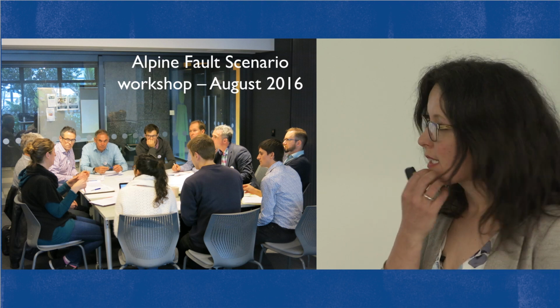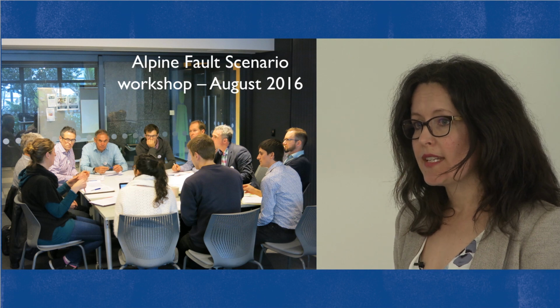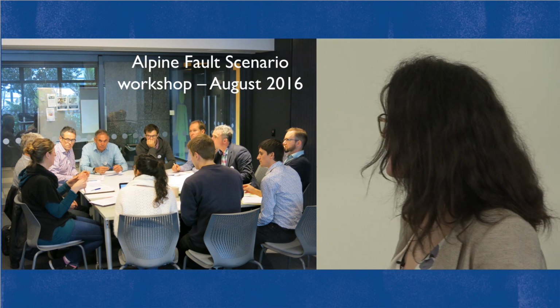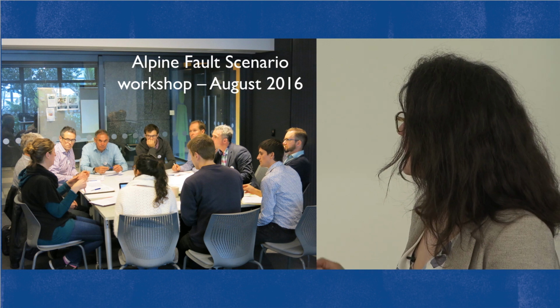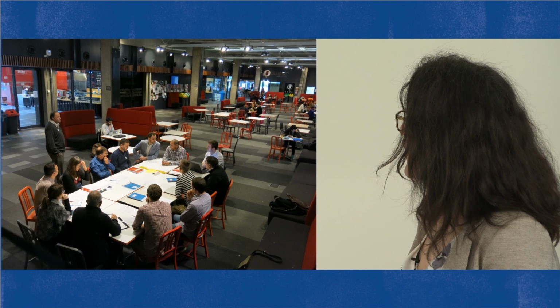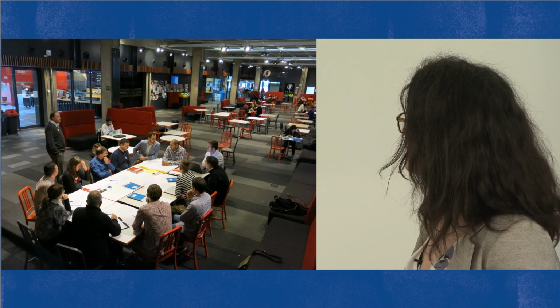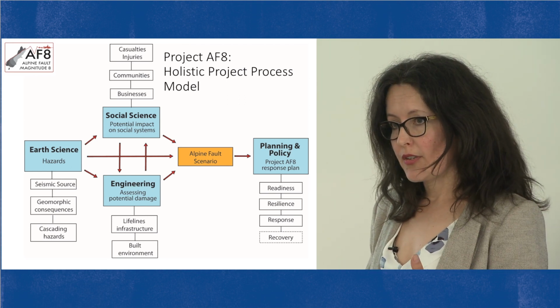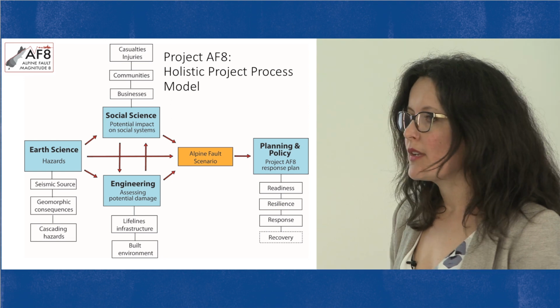So in August last year, I convened a meeting in Christchurch where 30 Alpine Fault scientists came from all those different institutions. And we sat in this room for 2 days trying to thrash out a robust scenario. And this built on previous efforts, but it really fed in the most up-to-date science to make it as credible as possible. So essentially those scientists were broken into 3 teams which looked at 3 different components, I suppose, of